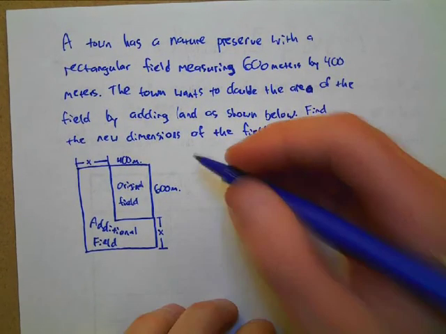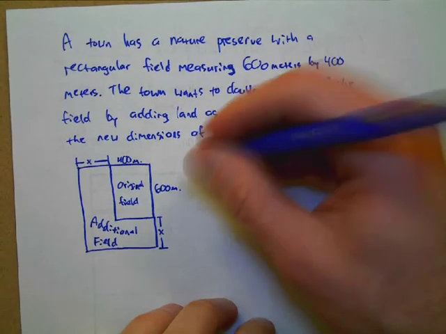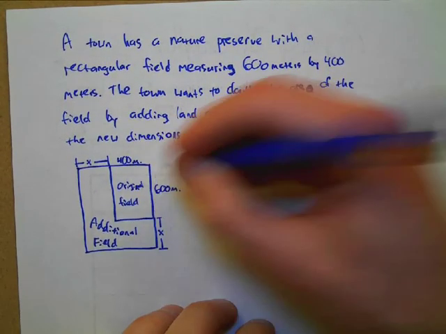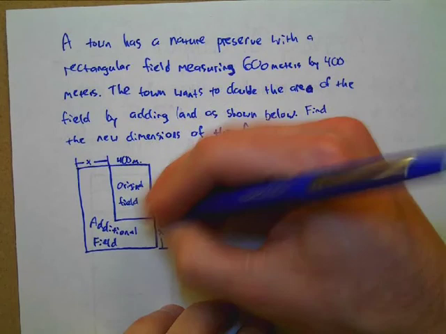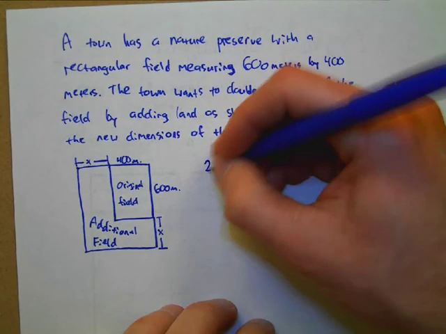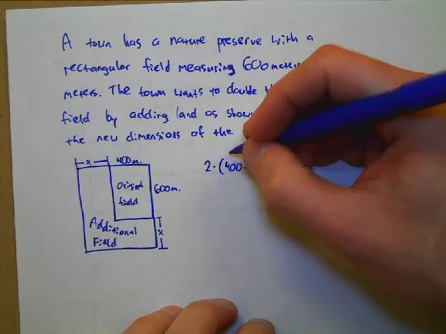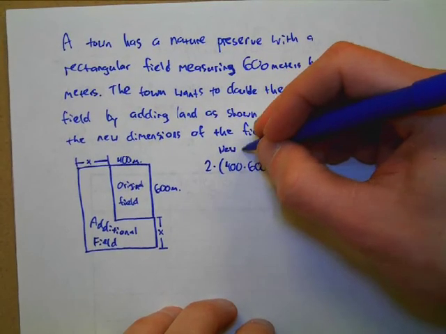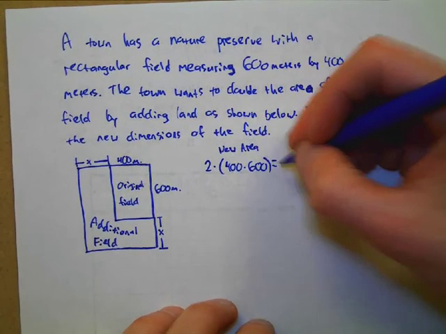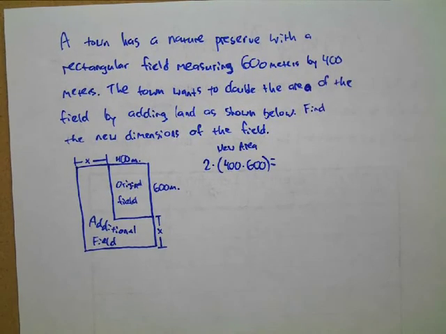So 400 times 600 is the original area of the field, and we want to double that, so it's going to be 2 times 400 times 600. That's going to be our new area, and that's going to equal